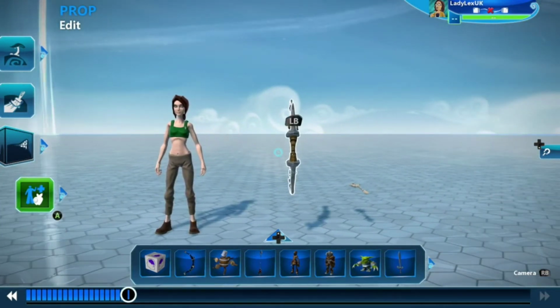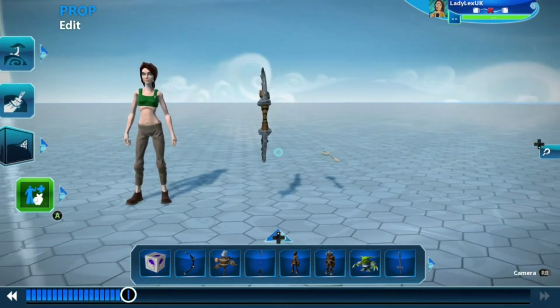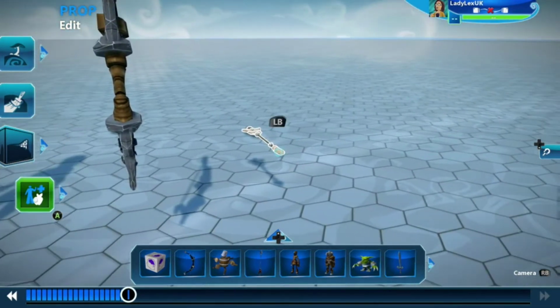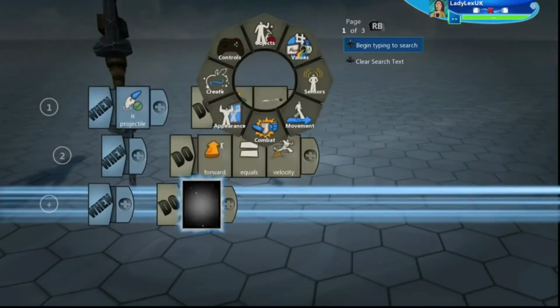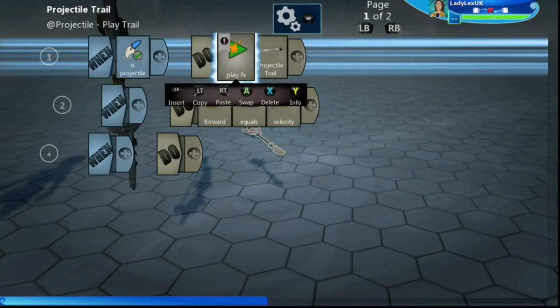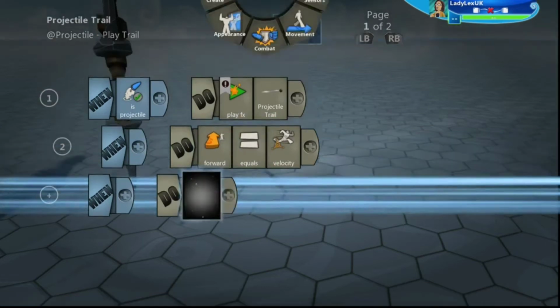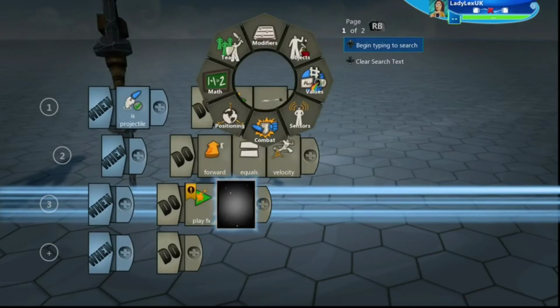And I have a bow and an arrow. You can use any bow, any arrow, any combination of bows and arrows that you wish to use. Okay, this is my arrow, so we'll go into its brain. Now, what we want to do here, we'll leave this. This is the default code. We need that. We're not going to change that. That can stay. What we're going to add is a special effect